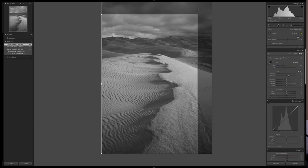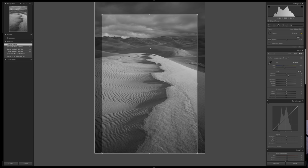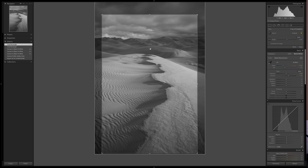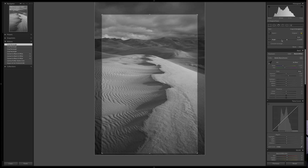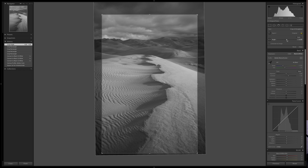To me, the main subject here is the sand in the foreground. So after I've cropped it down to about the right amount, I still think that I need to rotate this image. It looks a little bit off kilter to me, maybe 0.7 or so. And now the crop and rotation look good to me, so I'm just going to start editing the photo in